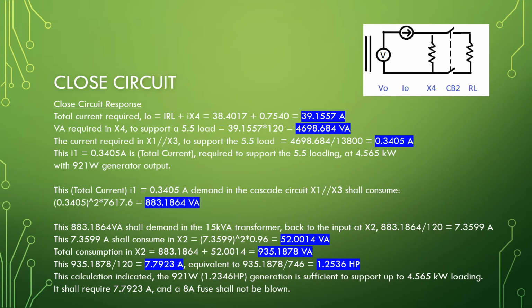VA required in X4 to support a 5.5 loading equal to 39.1557 times 120 equal to 4,698.4684 VA. The current required in X1 parallel X3 to support the 5.5 loading equal to